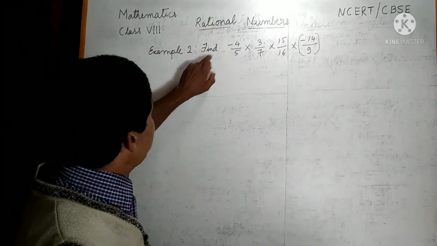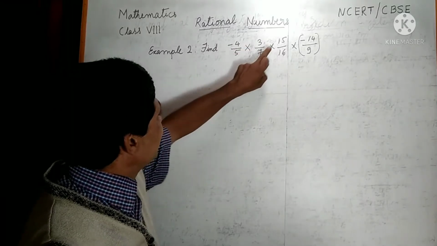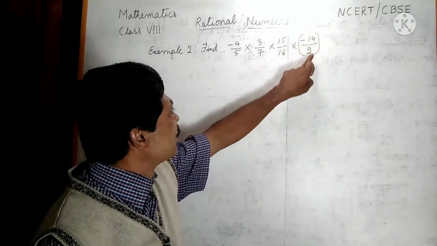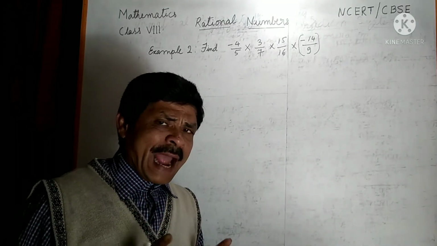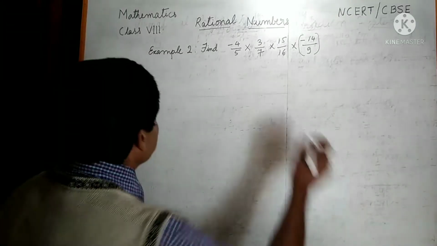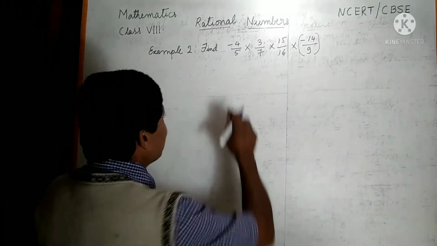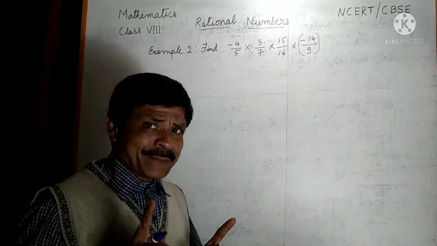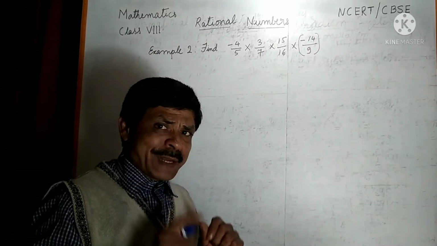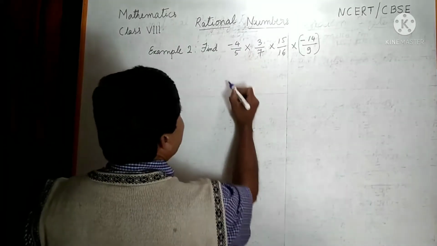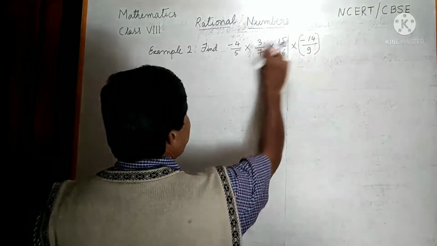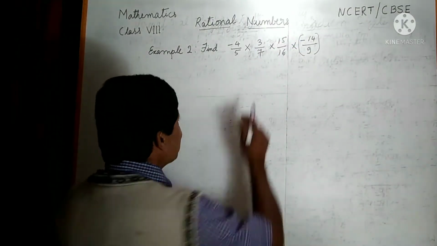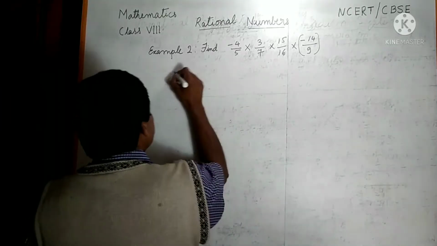Example 2. Find minus 4 by 5 into 3 by 7 into 15 by 16 into minus 14 by 9. Here also we have to use commutativity and associativity. First we have to see the numerator and denominator which come in the same table. Now 4 and 16 come in the same table. Similarly 5 and 15 come in the same table. So we will take them separately. Solution: